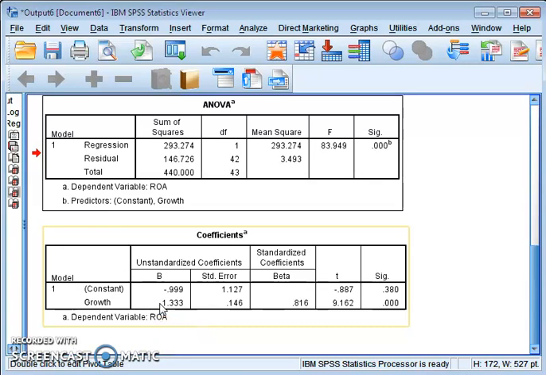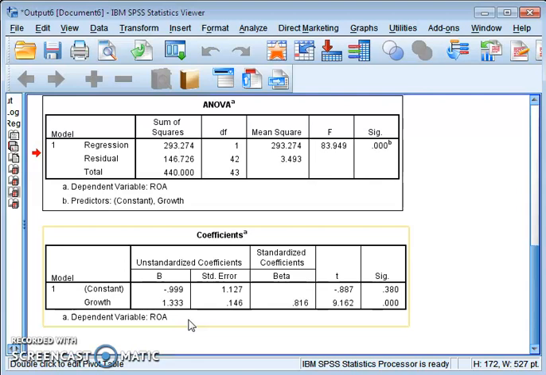If there is a minus sign, the relationship will be inverse, or indirect: when one variable increases, the other will tend to decrease. In this case the beta coefficient is positive, so the impact of growth rate on your ROA is positive.